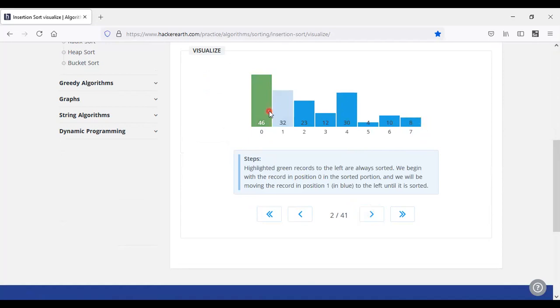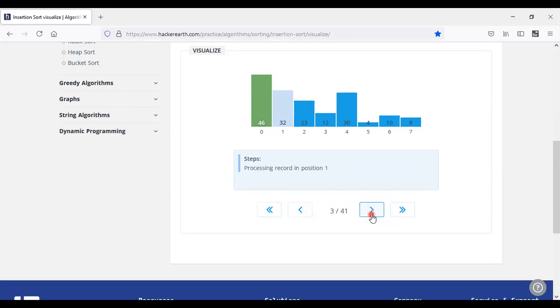So we need to process this 46 element so that it reaches its last position. But what we are taking will be the key element, and what we are taking will be in the sorted order representation. If you see this processing, it is the same as the previous one, but it is representing it in the form of a bar chart here.